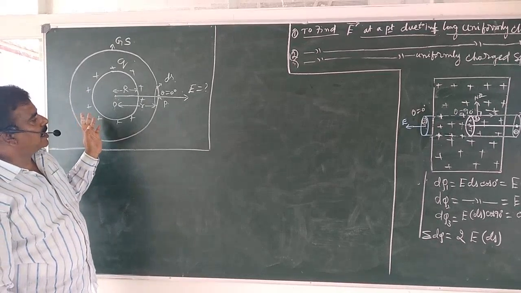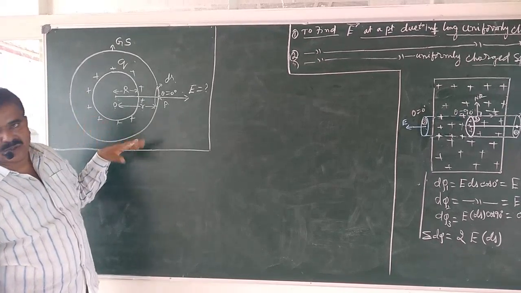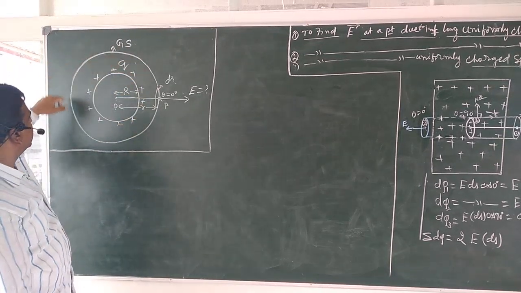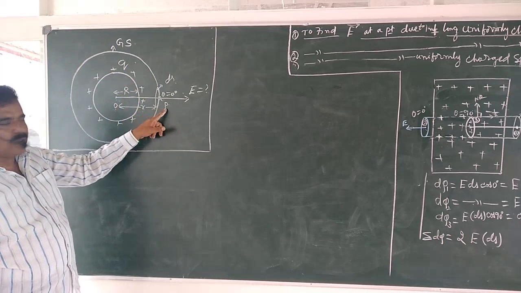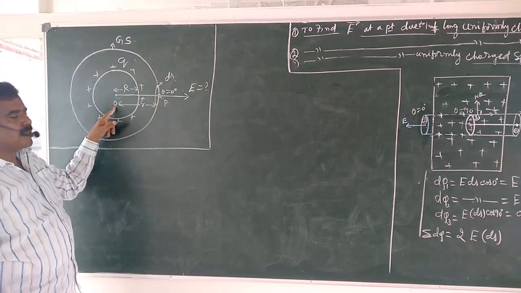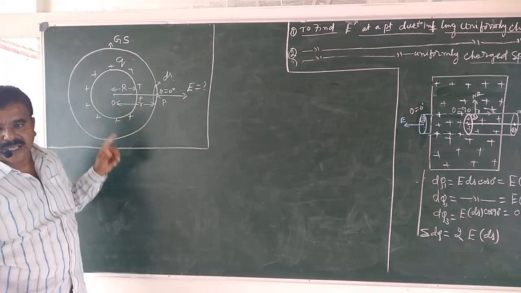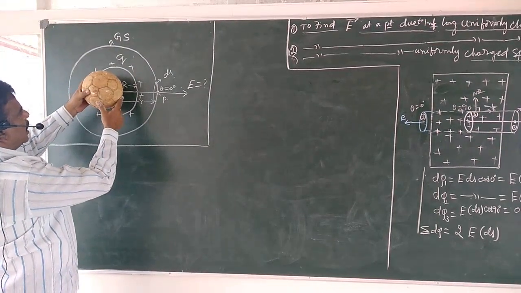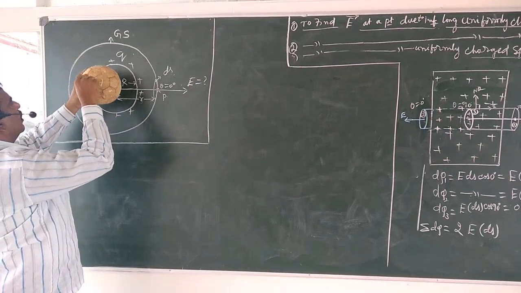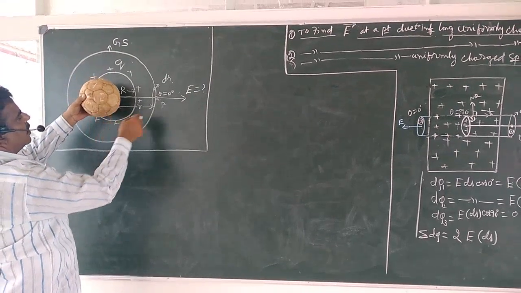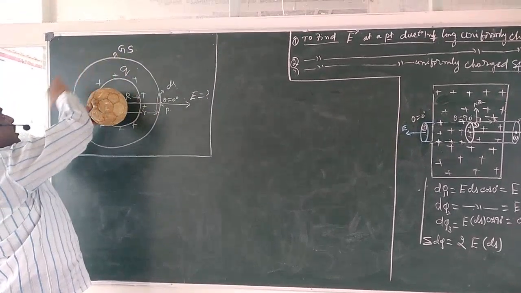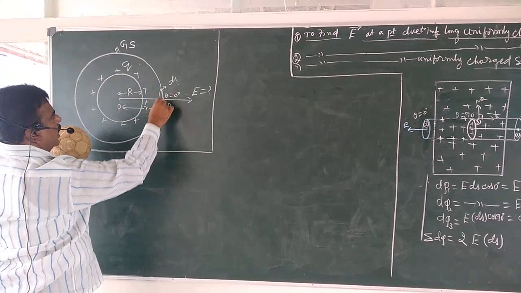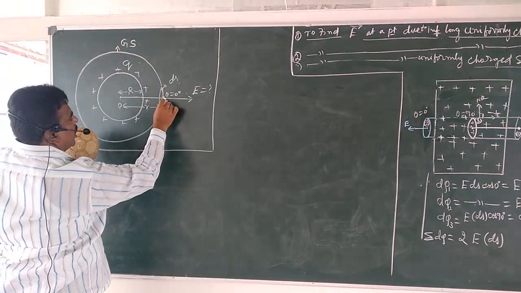How to use Gauss law? Gauss law is applicable only for a closed surface. Therefore, assume a Gaussian spherical surface passing through P with O as center. Okay? So this is the charged spherical shell. Charges are given all over it. Another spherical surface is assumed as the Gaussian surface. Let dS be a small area on the Gaussian surface at P.